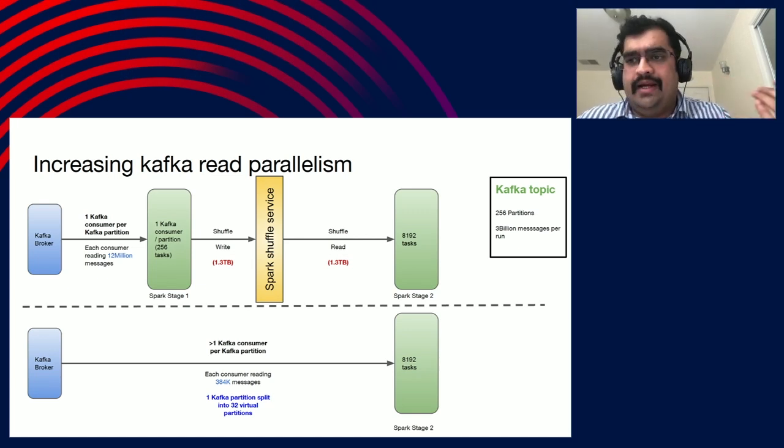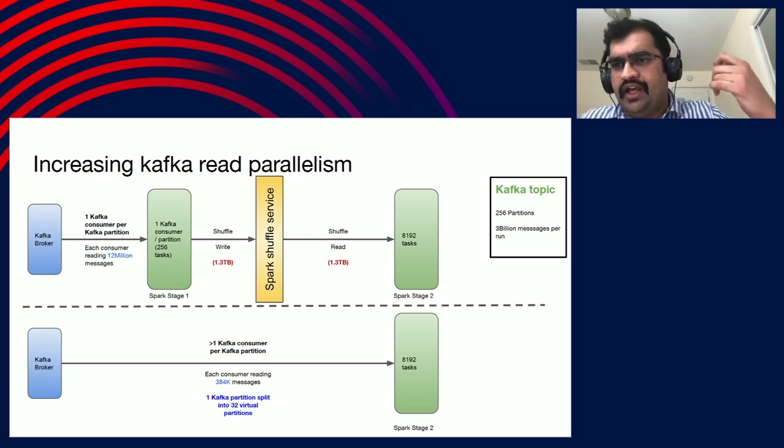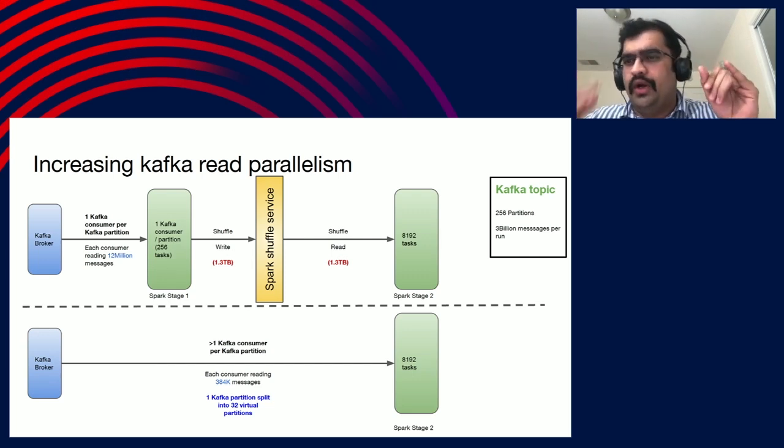So this was a problem, and what we did basically is we tried to remove this restriction from Spark Streaming Library, and we split one Kafka partition into 32 virtual partitions. We made this configurable, so you can define how many virtual partitions you want to create for every Kafka partition. But what that let us do is read the same Kafka partition from more than one executor. So think of virtual partition this way: let's say we were reading 400 messages earlier. Now we are saying one virtual partition reads from Kafka partition 1, offset 0 to 100. The second virtual partition will read from 101 to 200, and so on and so forth.